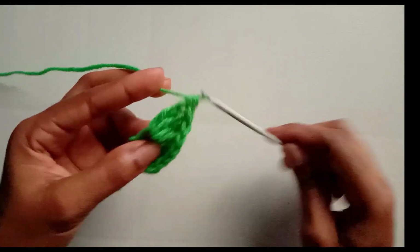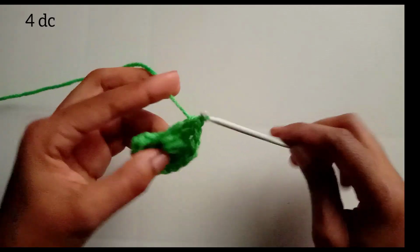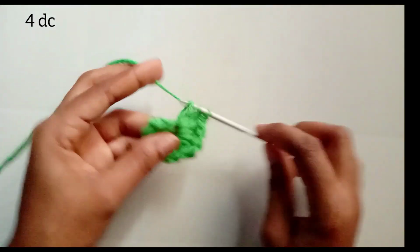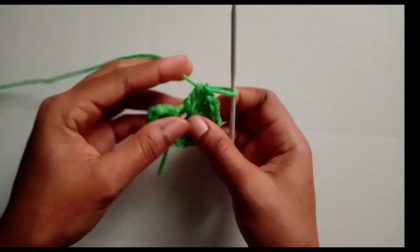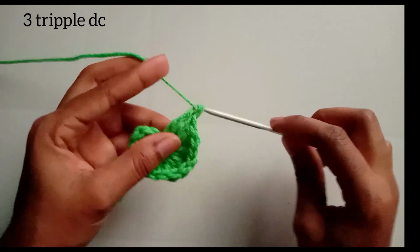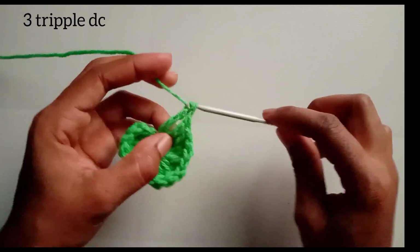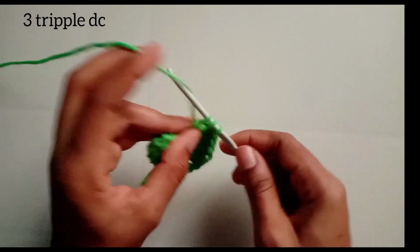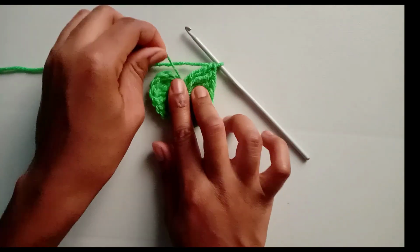Next, you are going to make 4 double crochet inside the magic ring. Make 3 triple double crochet inside the magic ring. Your mini heart must start to look like this, because next you're just going to make the last double crochet